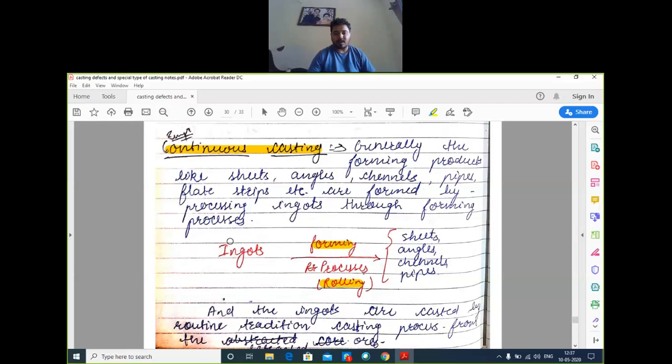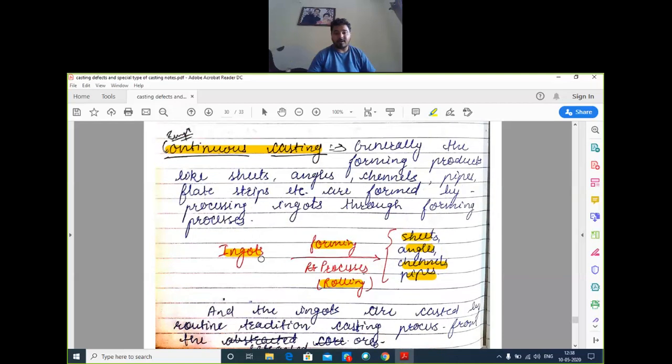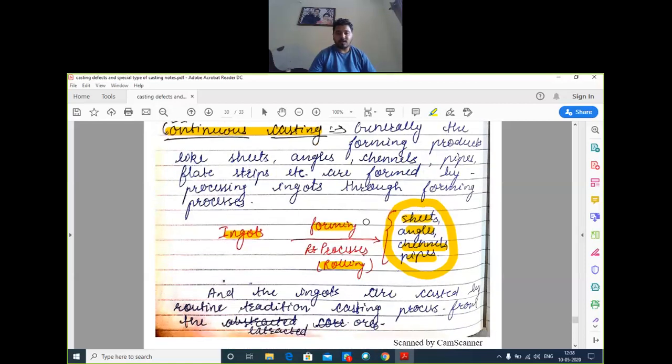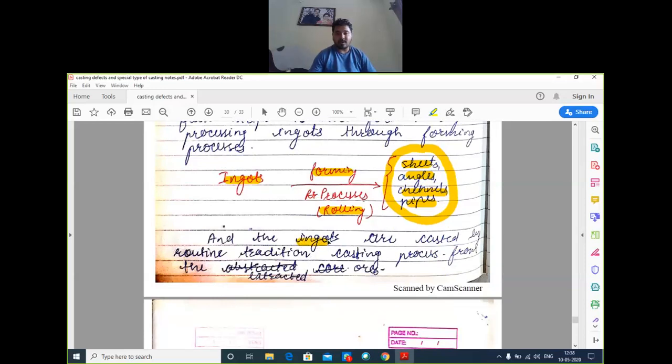We get products like sheet, angles, channels, or pipe with the help of ingots, and ingots are made with the help of the casting process. But in continuous casting, we get these products directly from the extracted ore. Generally, forming processes like sheet, angles, channels, pipe, flat, strip, etc. are formed by processing ingots. The ingots are cast by the routine traditional casting process, sand casting,